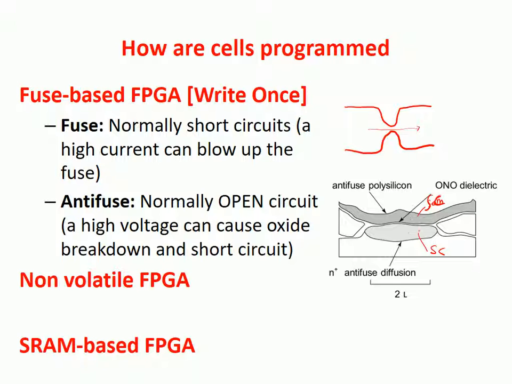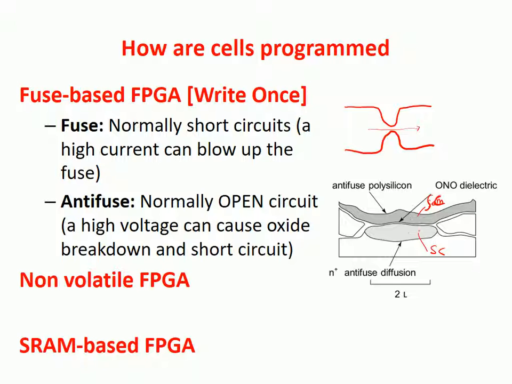Typically, you have either one or the other option, depending on the technology. And then you remove the FPGA from the programmer. You can put it on the board, on the circuit board in which you need it, and you're done. So it's a very fast procedure. Of course, since the cost of the FPGA is not small, it is only convenient for very small volumes,